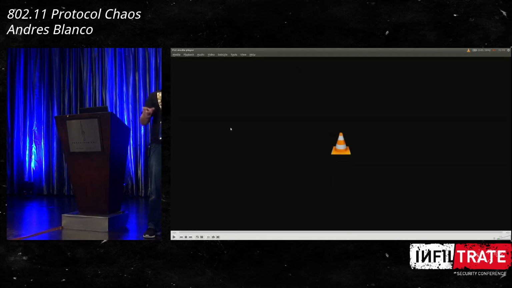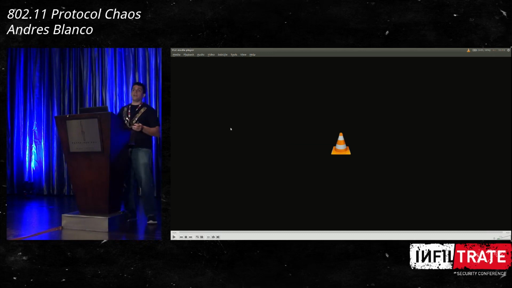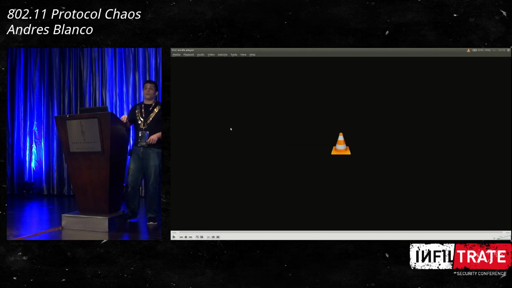So the only thing they use is the MAC address. So the name doesn't matter. You can put any name you want and you will be able to connect. And again, Wi-Fi Direct traffic is really easy to see on a capture. So if you are capturing traffic, it is really easy to identify what is Wi-Fi Direct traffic.